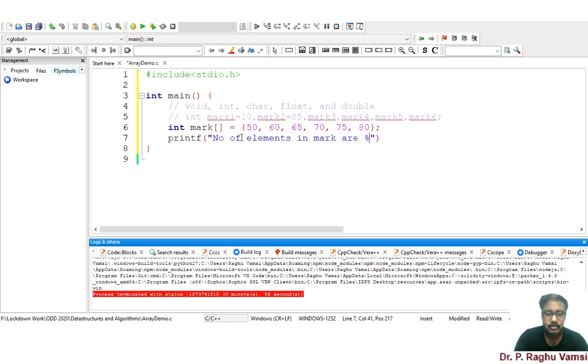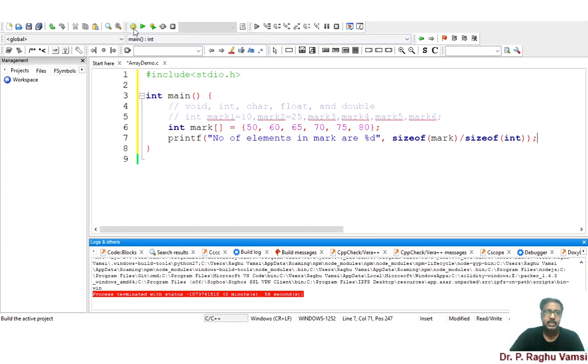There is a sizeof operator which can be used for calculating the size of mark divided by the size of the data type. So here, what is the data type I have used? It's integer. Thereby the entire size of mark divided by the size of the data type will give you the number of elements in the array. Now we'll see by building how many elements are there in the array.